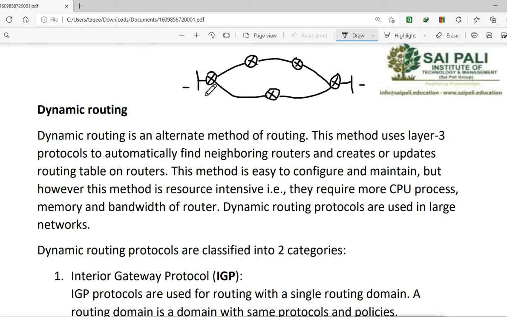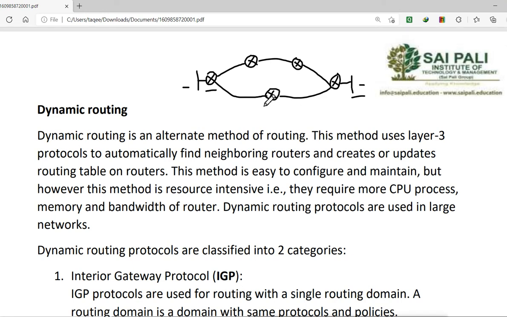So when the administrator configures this router, it says if you want to go to this network, you can go from here. I am the administrator, so I will say that from here I have to go through two routers, and from here I have to go through only one router. So I will choose this path first.